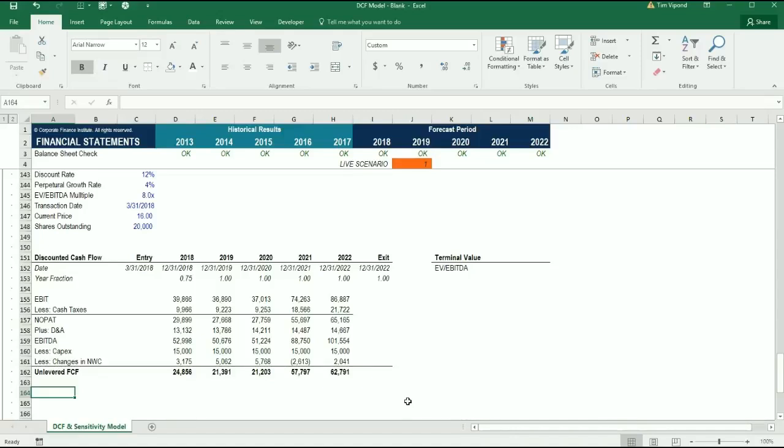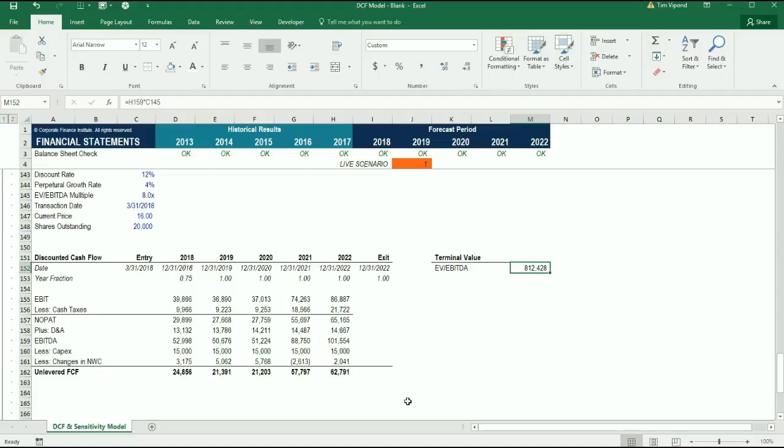Now that we have our 5-year forecast of free cash flow to the firm, we need to calculate our terminal value, and then we need to calculate the transaction cash flow. So we assume that the terminal value is going to be equal to EBITDA in the final year of the business times 8. So 8 is most likely at this point